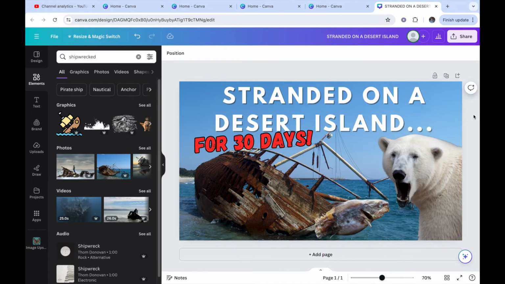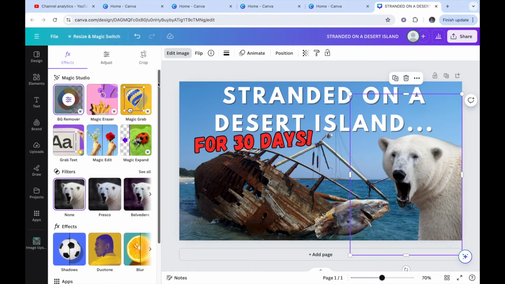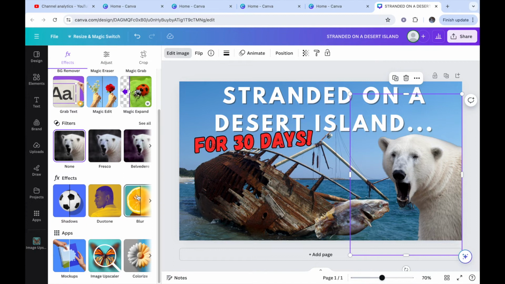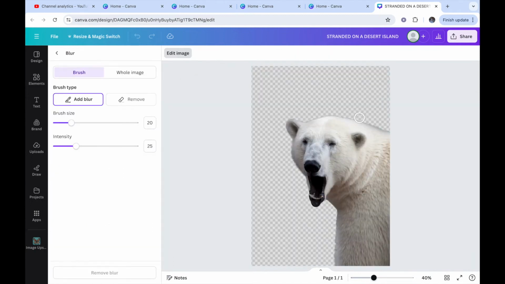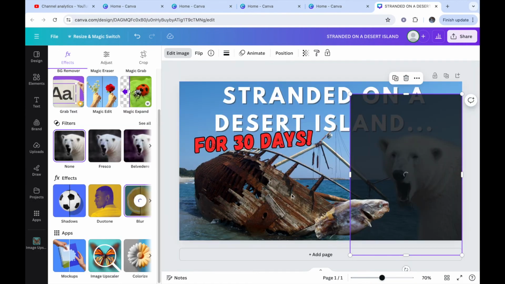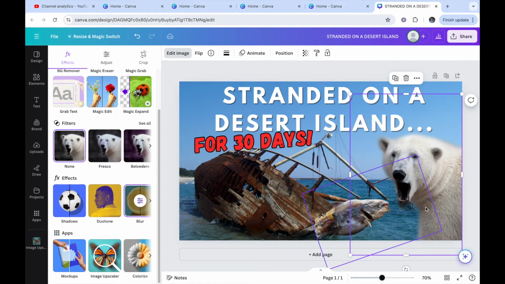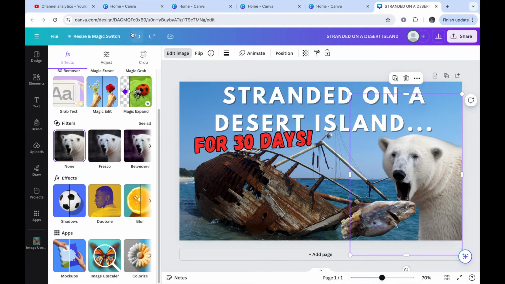Just going to show you now how to create a shadow in an image. So say if you wanted just to make, I don't know, an image lift off the page more or whatever. So you click on the image, you go edit image, and you can go down here to blur. So this, if I go here, it will just blur out slightly the outline of the polar bear. So I'm just going to blur. So as you can see, look at the difference. So it's just blurred it. And then if I go back, it would then put that on the picture. So as you can see, it's just completely blurred the outline image. I'm just going to go back,